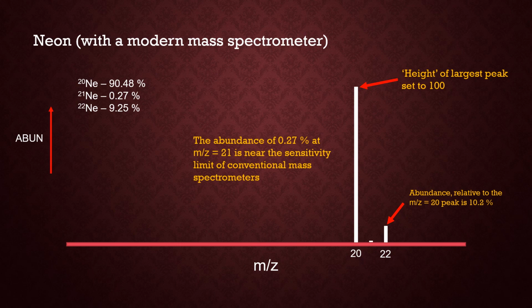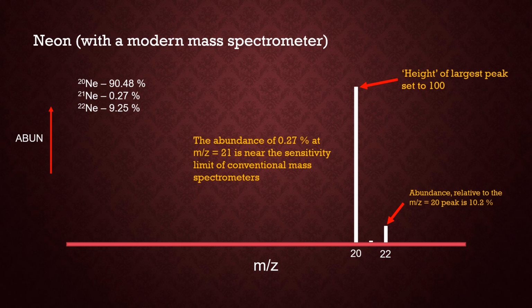The biggest peak in the spectrum is assigned a value of 100. Every other peak in the spectrum is scaled relative to that peak. So you'll see in this particular example that the 22 peak has a relative abundance of about 10% relative to the peak at 20. In addition, there is a tiny little peak at 21, indicative of a neon-21 isotope,